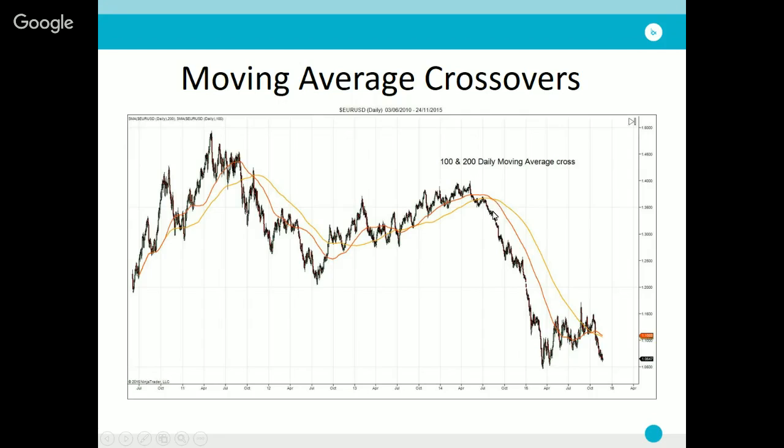So in this instance here, if we look at this period where we saw the 100-day cross down below the 200-day moving average, we'll either see traders getting short here as the moving averages cross over, anticipating that this bearish signal will produce a downward trending market, or we will look for traders using the crossover as a guide. So as part of their analysis, they'll pull up a chart, apply their moving averages, identify immediately that the 100-day moving average has crossed below the 200-day moving average, indicating to them that they should be looking for bearish opportunities, that the market has a bearish bias, and so they will then look to use other methods to identify selling